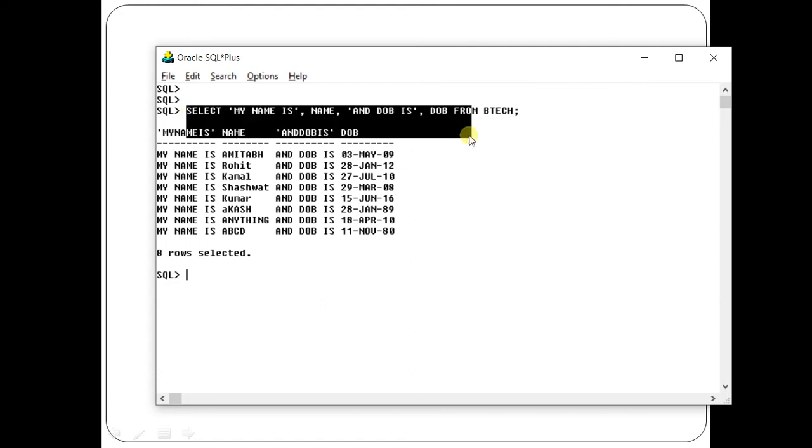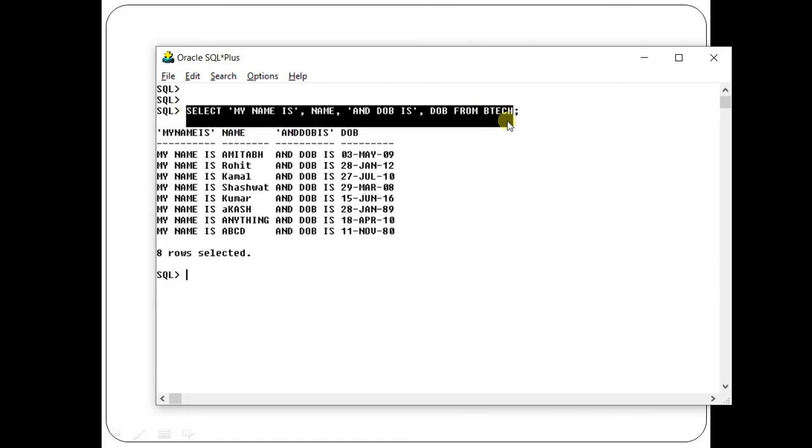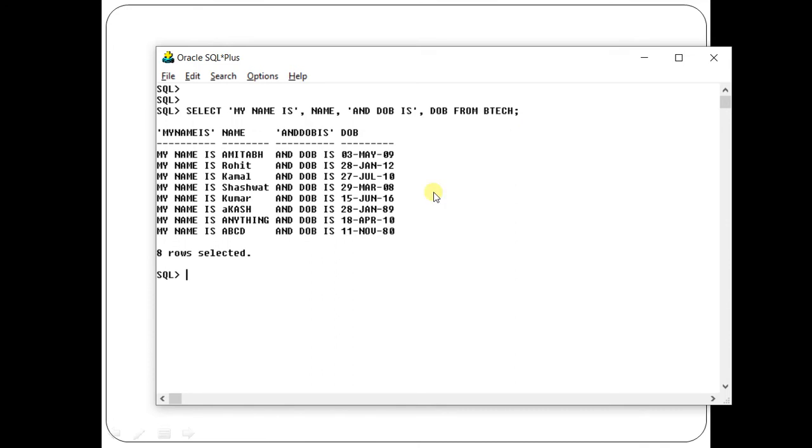So if you want to give it a textual look, you may have to use concatenation. Let us see an example. Concatenation is used with the help of the double pipe symbol. What you will type? Select my name is. Now you have to give a little bit of space, otherwise see what will happen. My name is, double pipe, name from BTEC.